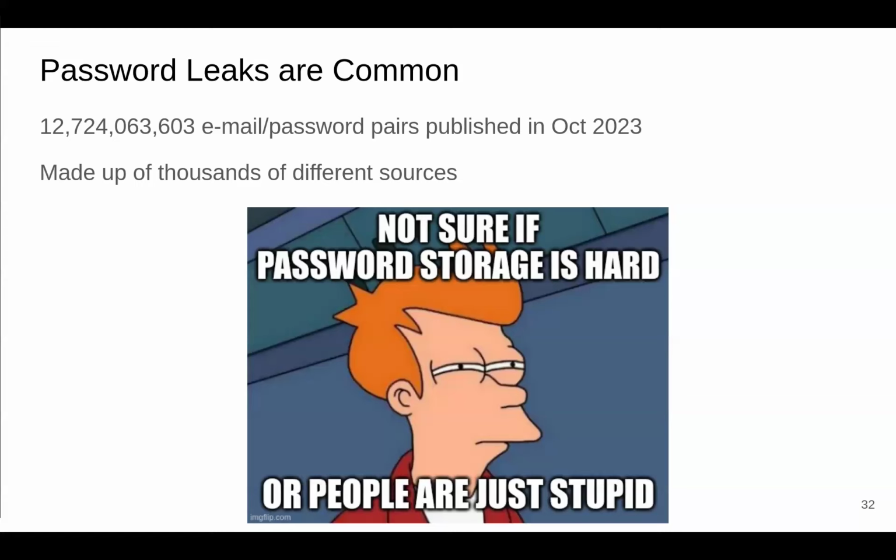Yep. Out of all of these email password pairs that are published, how many of them were hashed, maybe badly, or maybe they were able to reverse? What's a bad hash for you? Well, 10 years ago, salt was not standard. So the recommendations on how to handle passwords evolve. Also, some of my passwords that were leaked were hashed with MD5, which is no longer considered secure. So the standards change, but the leak remains.